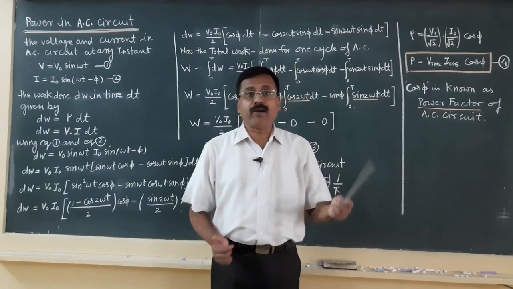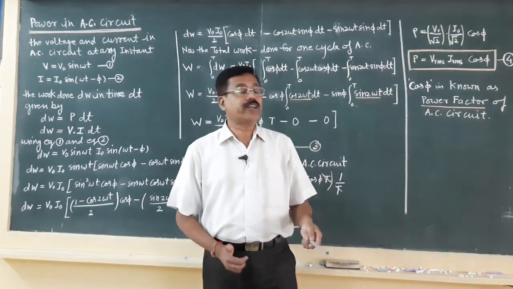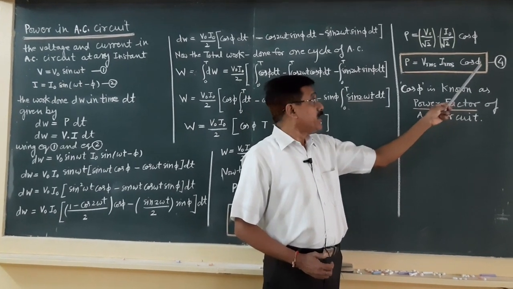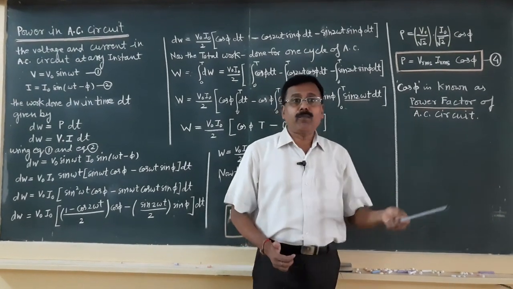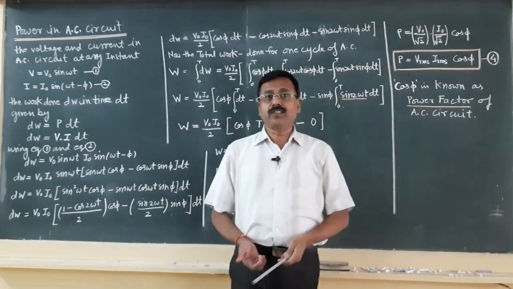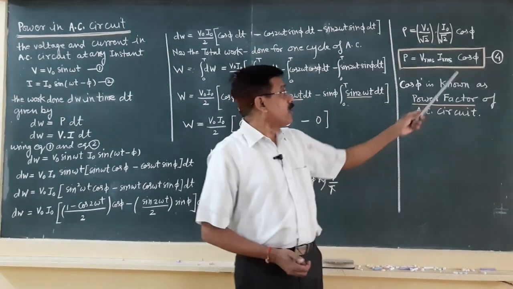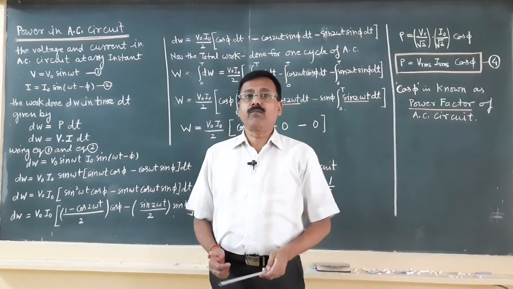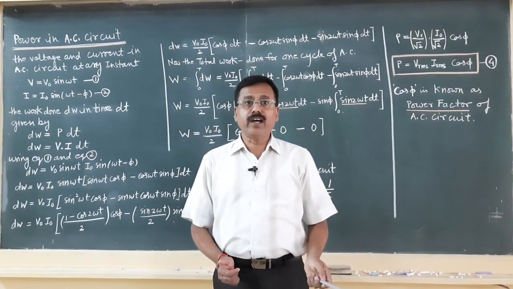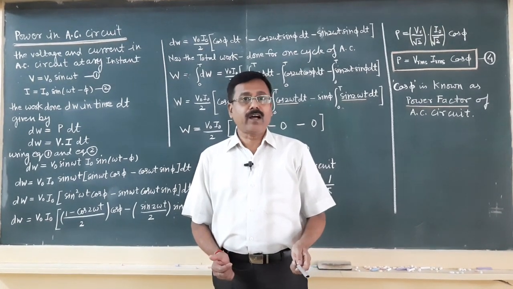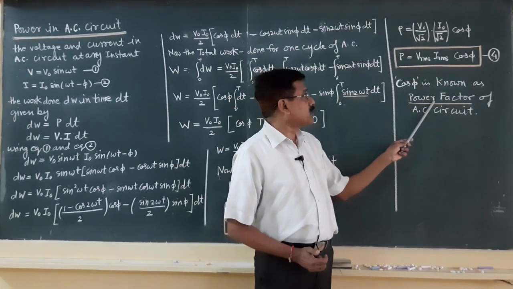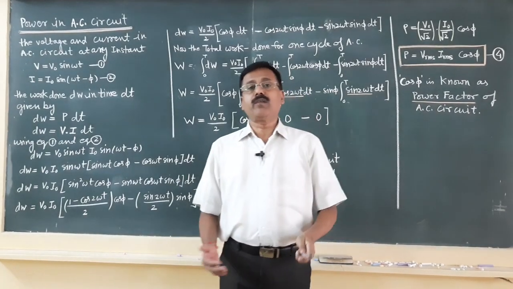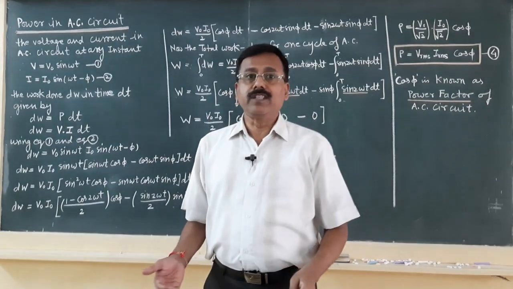It means the power of an AC circuit is greatly affected by the factor cos φ, and the value of φ depends upon the component connected in the circuit. And for knowing the value of cos φ, we have to go for the phasor diagram of the AC circuit containing the component. From the phasor diagram, we can find the value of cos φ, and by this formula we can calculate how much electrical power is delivered in the AC circuit.